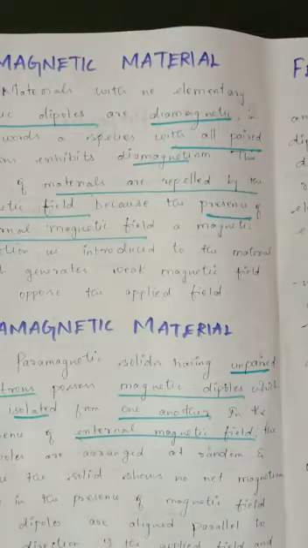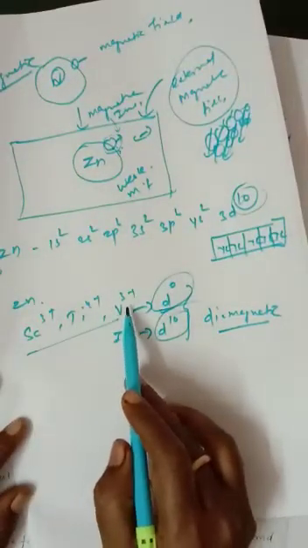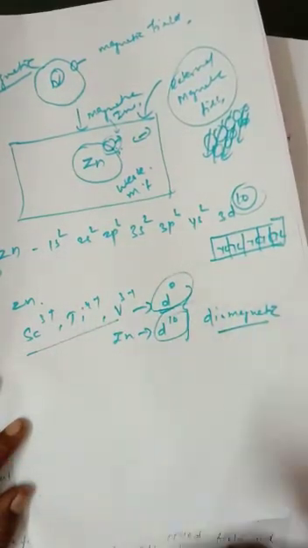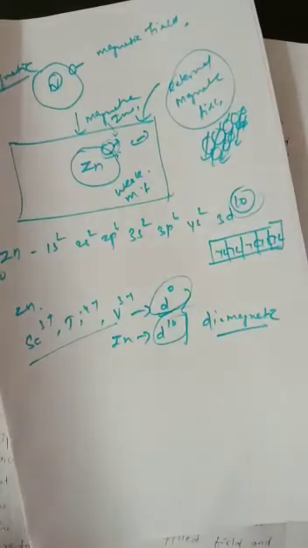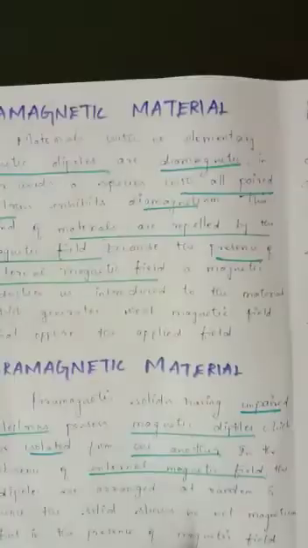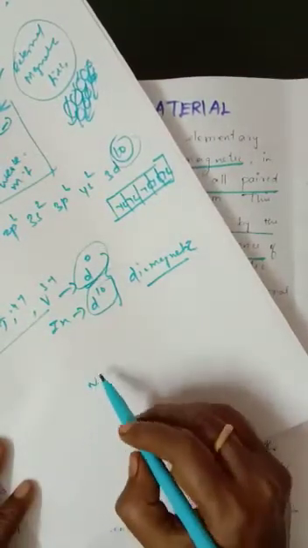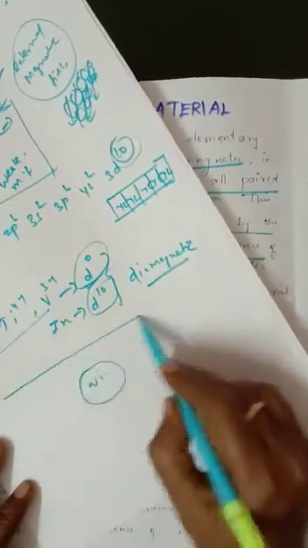So more or less, as I told you already, scandium 3+, titanium 4+, V3+, and zinc alone will be diamagnetic. The remaining ones between titanium, vanadium and copper, iron, everything, will be paramagnetic, because they have unpaired electrons. See here, suppose I present nickel in this material; here an unpaired electron is present.